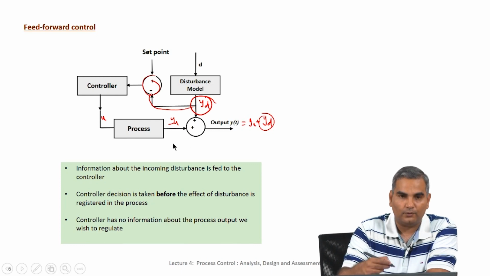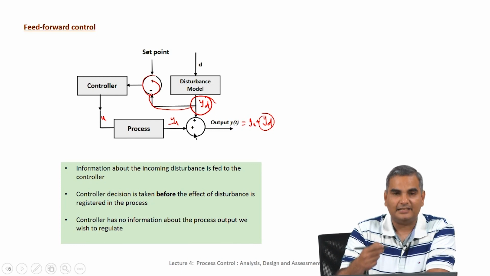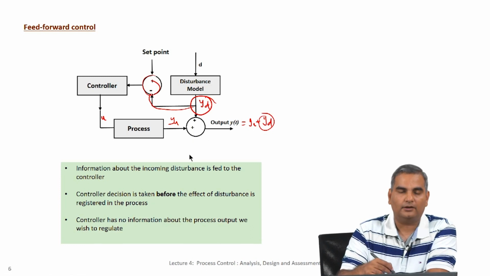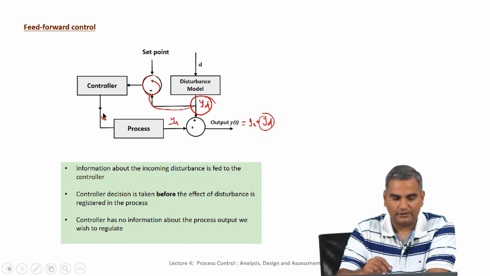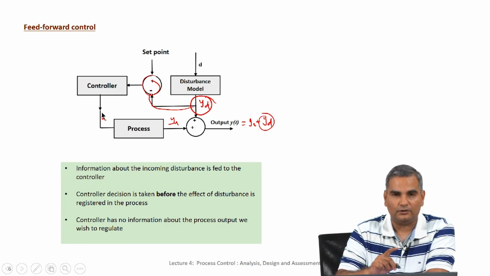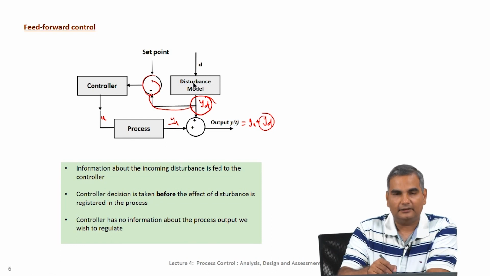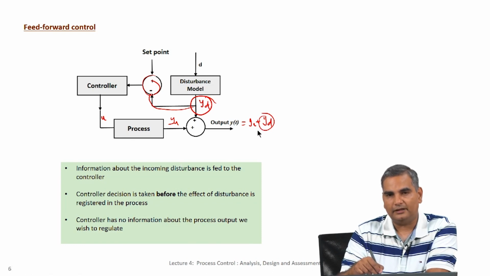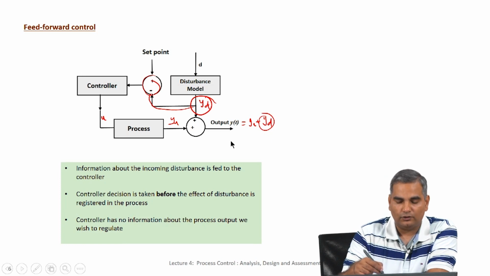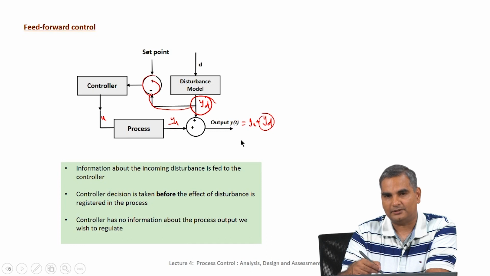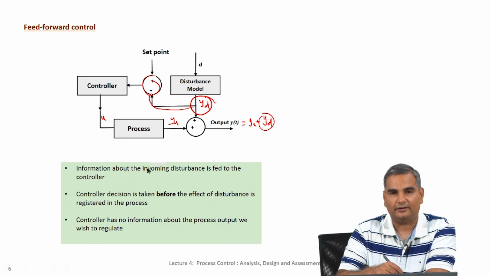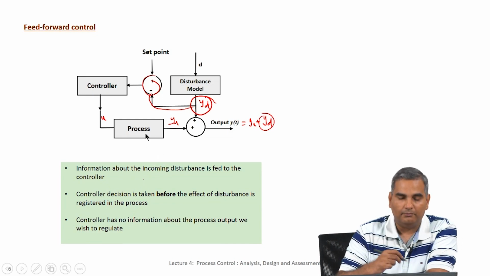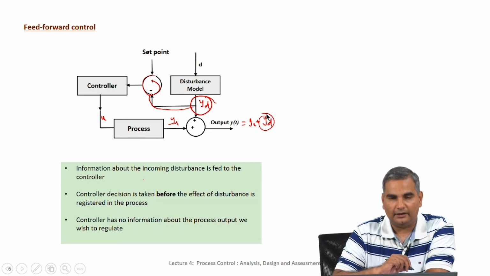So, this is called feed forward control, where we anticipate based on disturbance measurements what the changes are likely to be, and we feed that information to a controller which changes the manipulated variable value. See the difference between this and the feedback controller. In the feedback controller, the fact that a disturbance has hit the process is only inferred from when the control variable changes its value, right. So, once a control variable changes its value, you know a disturbance has hit, and that is compared with the set point, and that error is used to manipulate the u to make sure that the output is at its set point.